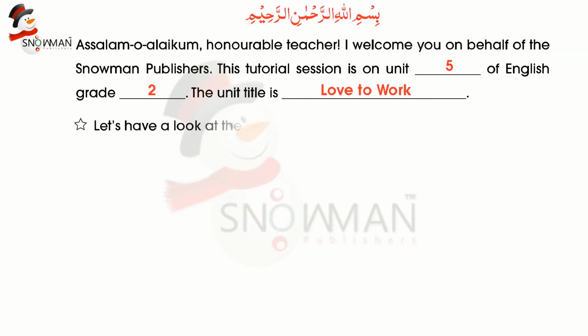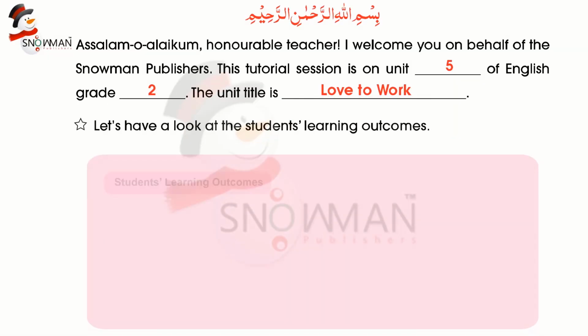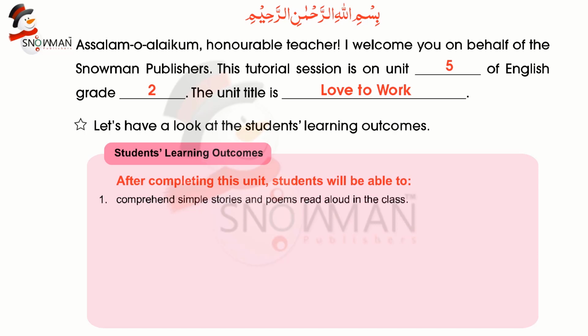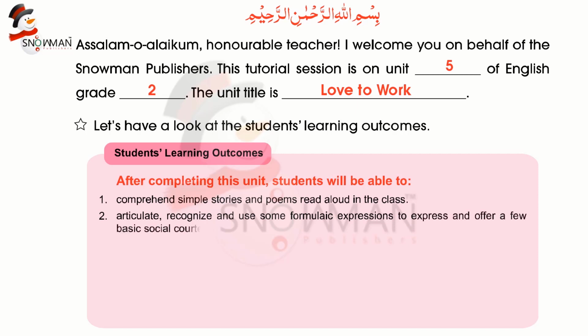Let's have a look at the students' learning outcomes. After completing this unit, students will be able to comprehend simple stories and poems read aloud in the class, articulate, recognize, and use some formulaic expressions to express and offer a few basic social courtesies, demonstrate common conventions and dynamics